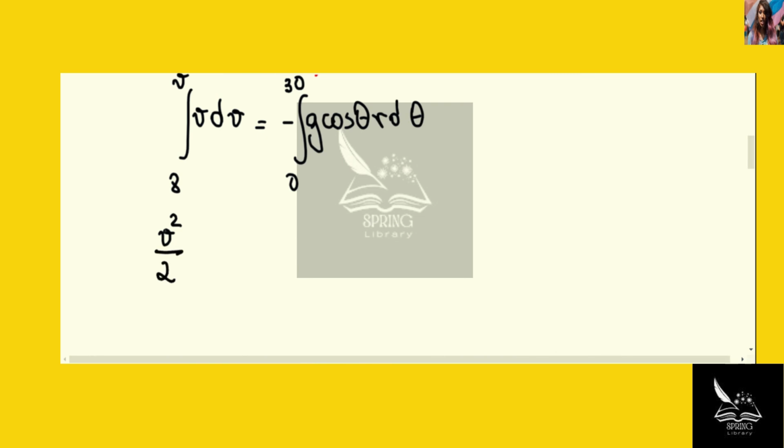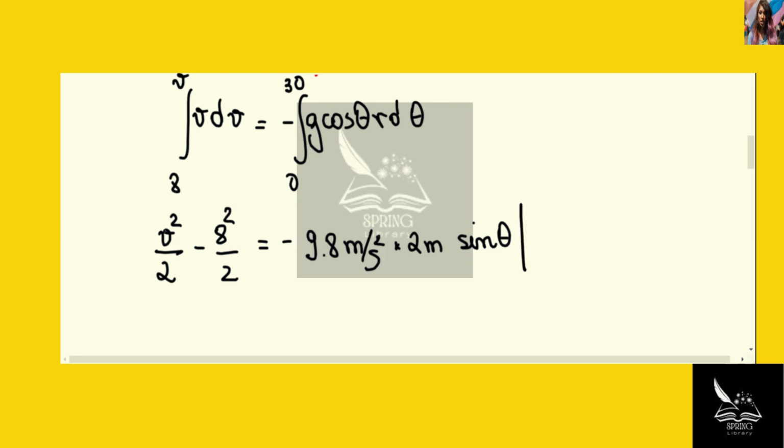So we have v squared over 2 minus 8 squared over 2 is equal to minus g r. And I'm going to substitute the numbers. So we have g is 9.8 meters per second squared times r, which is 2 meters. And then we have to integrate. We integrate cosine of theta, so we have sine of theta